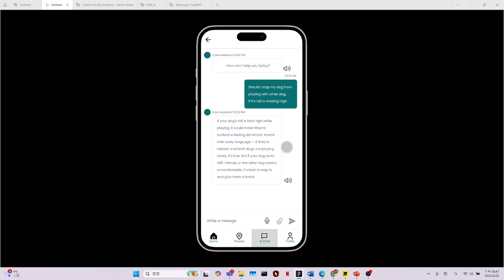And here is the AI chat page. So with this app, there's a care assistant, which is an AI which could help you answer any kind of questions you have with your dog while you're trying to do your pet caring. So in this scenario, you could see that